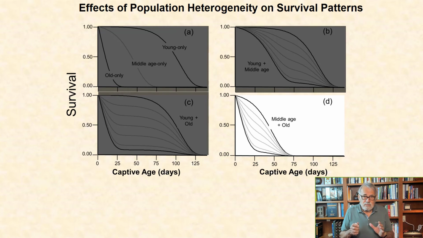In the last case, Panel D, I consider a cohort with a mixture of middle-aged and old subcohorts. At this time of sampling, this hypothetical population consists of a mixture of middle-aged, that is 50-day-old, and old-age, that is 90-day-old, subcohorts. Because the average age of the overall cohort is high, because there are no newborn individuals present, survival begins declining immediately after capture, with virtually no slowing at any time through the maximum post-capture age of 75